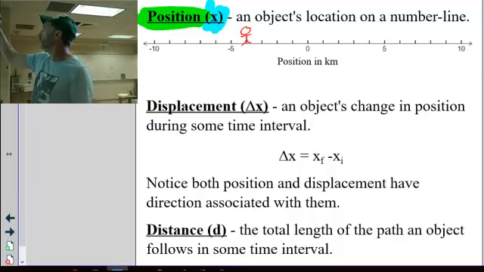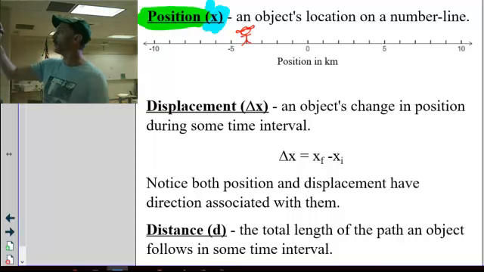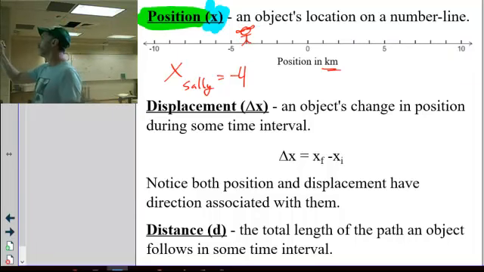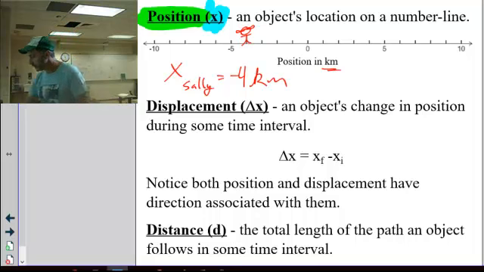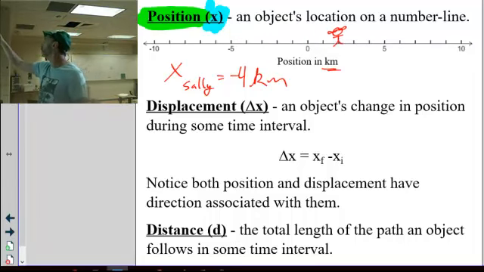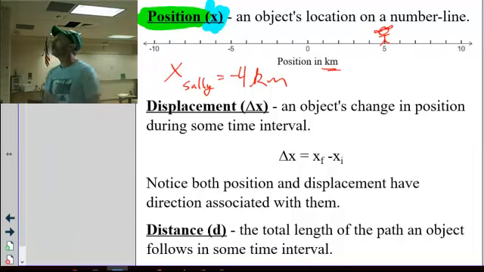So here's Sally, hello, right? I could write the position of Sally is -4 kilometers. It just tells your location on a number line. And notice that maybe she goes for a walk and she can move around, and so her position can change. So in that instance,